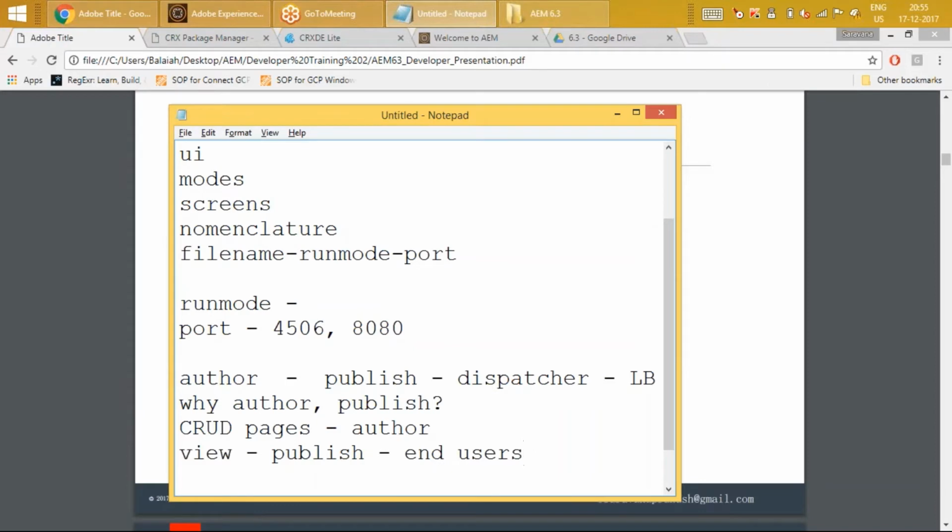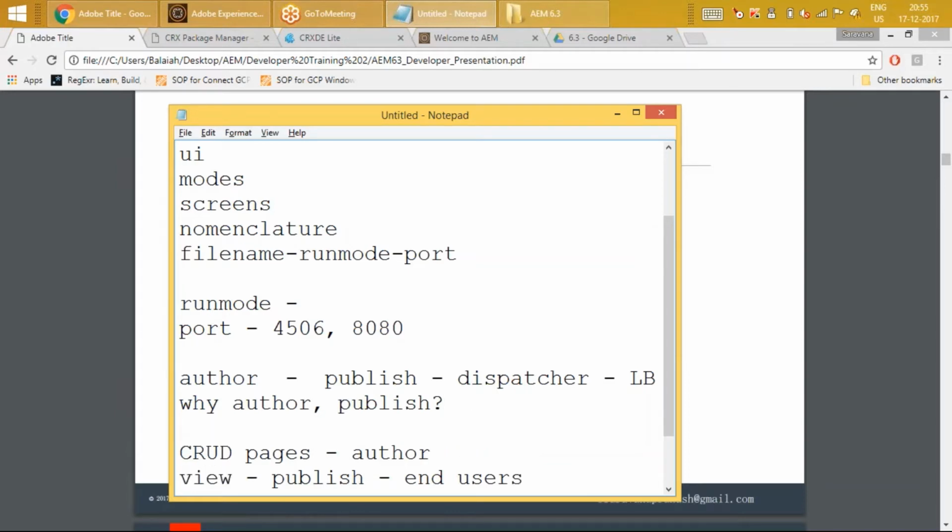Okay, fine. So we are slowly building a story here. The question asked is, why author, why publisher? Author is used for the CRUD operations, and publisher is used for viewing the pages alone. It's only for view purpose, and author is used for the CRUD operations.